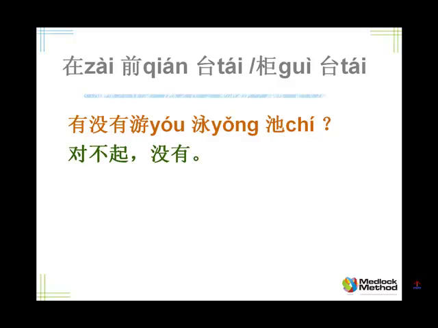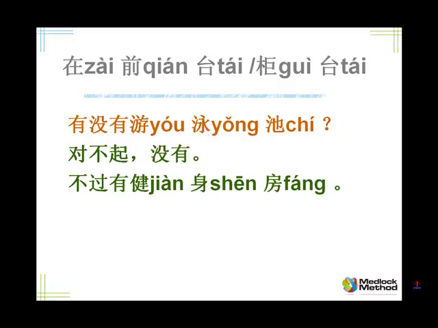Tell me, sorry, no. 对不起，没有。 But this hotel has a gym, so they're going to say, but there's a gym. Can you tell us the word for gym, 邱老师？ 健身房。 健 means healthy, and 身 means body, so healthy body, 房 as a room. Tell me there's a gym. 有健身房。